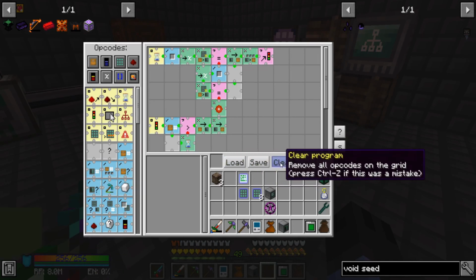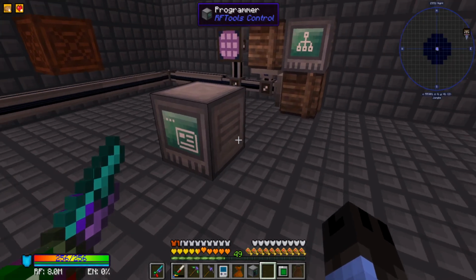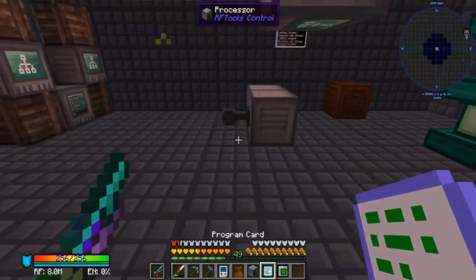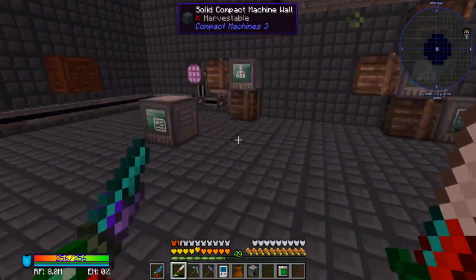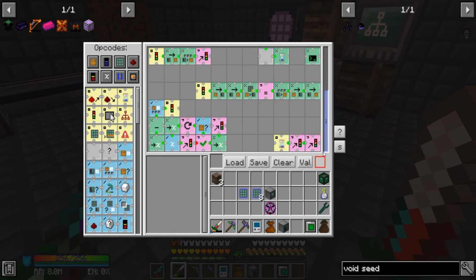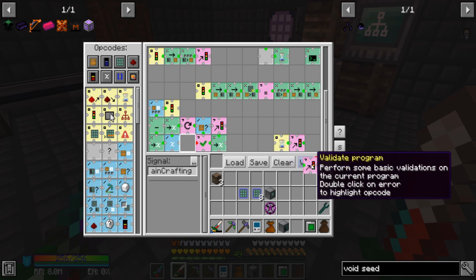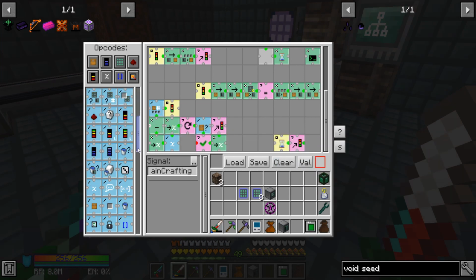Let's clear this, throw it in here, load. I threw that on the ground because it doesn't like going places, and then let's put it back. And then we could just change it from here. Basically, we're going to get rid of this, get rid of this, and change it to a...